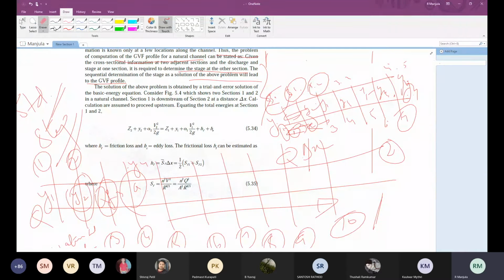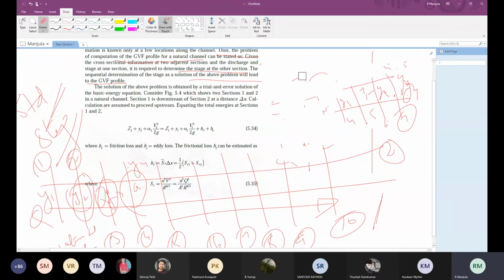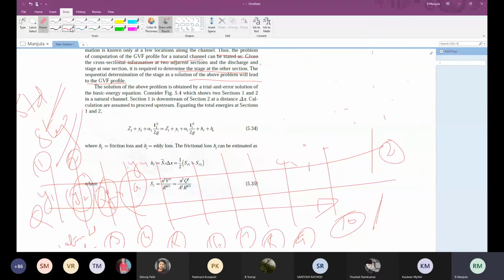Now, what is the procedure? How are we going to do it? This is how we are going to use the standard step method. Then we will see the step-by-step procedure for carrying out the same. A general brief outline of the standard step method is what we discussed. Now how are we going to discuss the